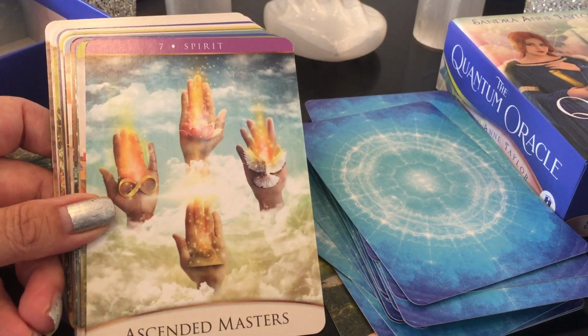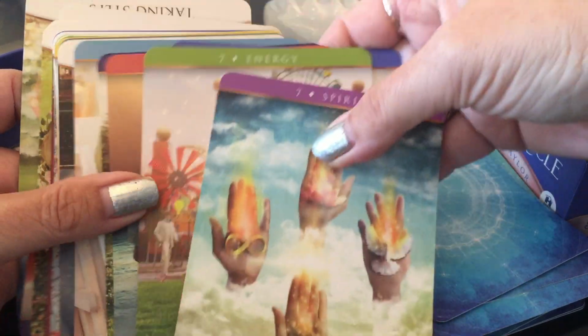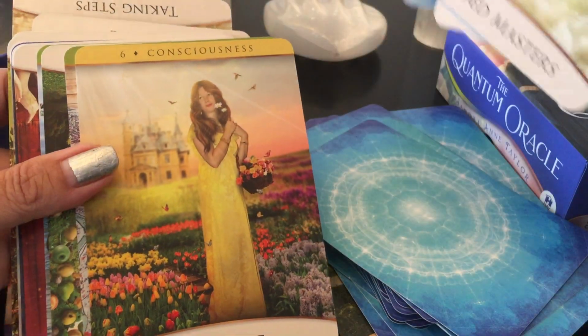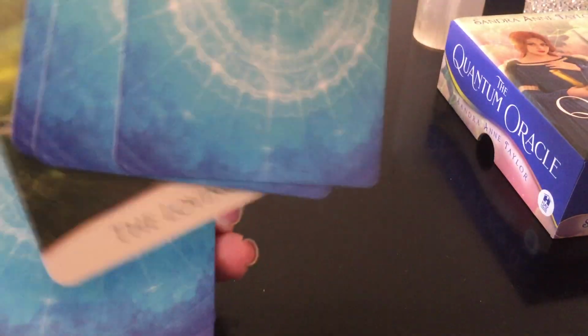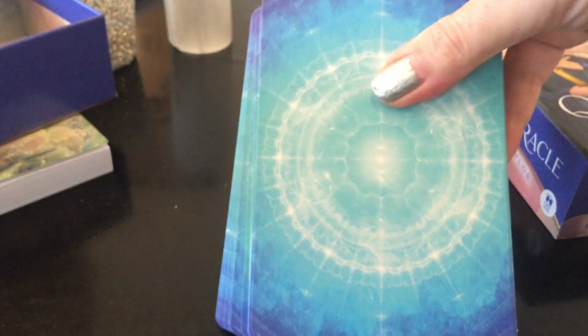So these are in suits. So you have, again, spirit, energy, intention, events, cycles, people, consciousness, deserving. Beautiful. This is the Quantum Oracle. And again, this is 53 cards. I use this as well. And all these decks I use alone, or you use with other tarot and oracle cards, and it reshapes your